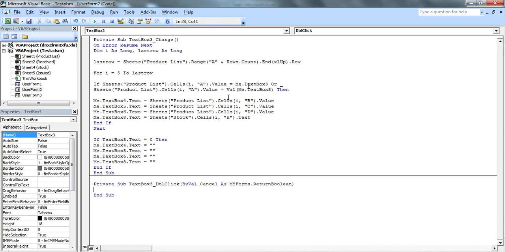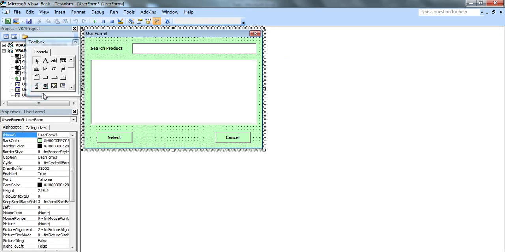So I will enter this event, so that when I double click this text box, user form 3 should be shown. This is our user form 3, which I already designed before.